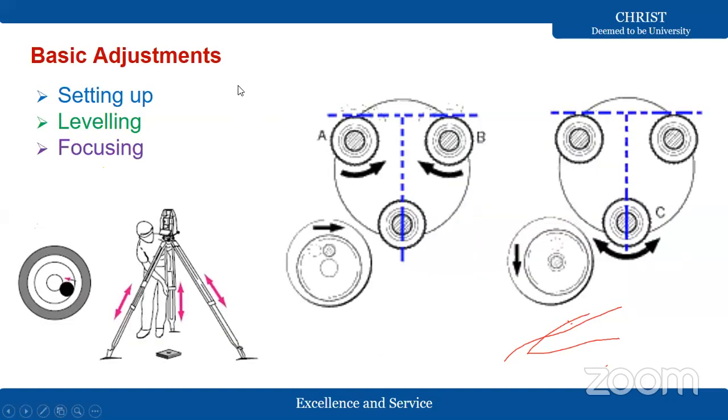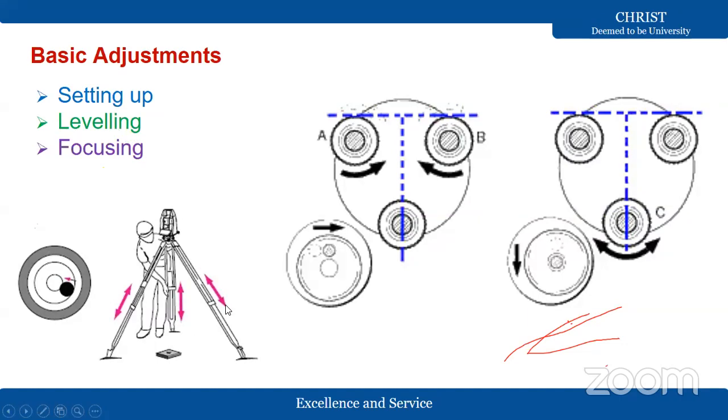Now, the basic adjustments in leveling, meaning the setting up: you are going to fix the tripod and the leveling instrument properly without any tilt. You have to take care of the instrument very cautiously, because these are very costly as well as delicate. Setting up and leveling are simultaneous procedures.